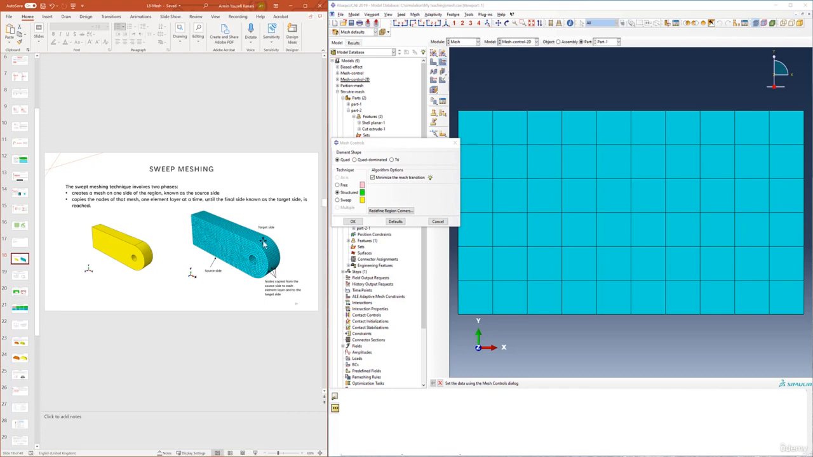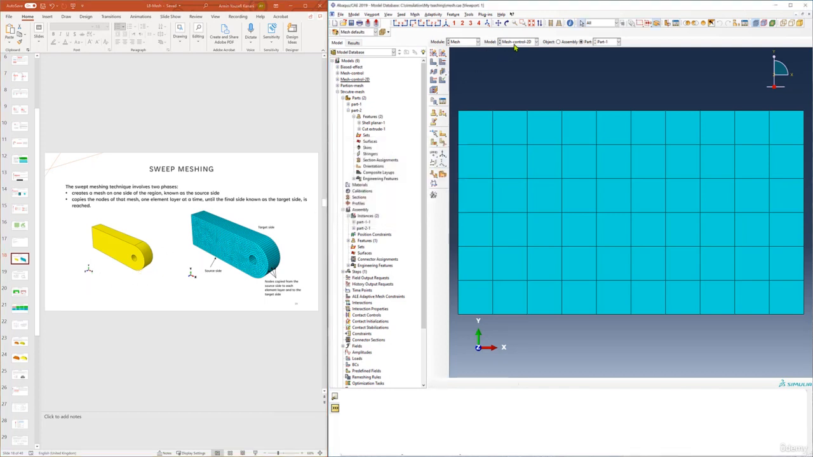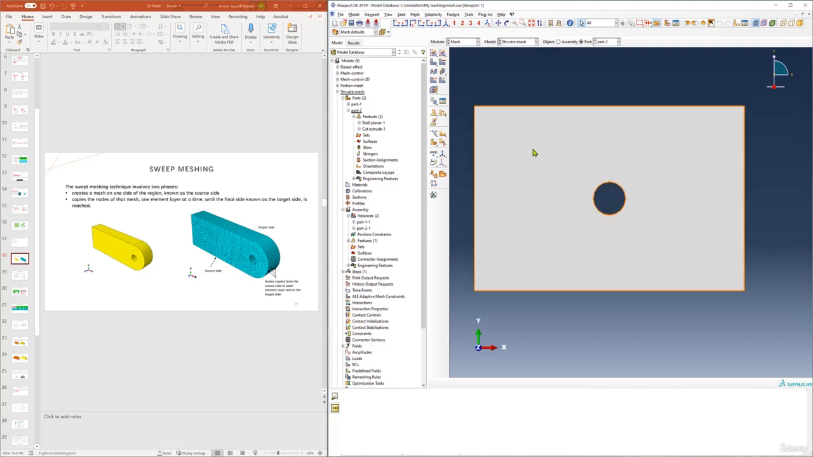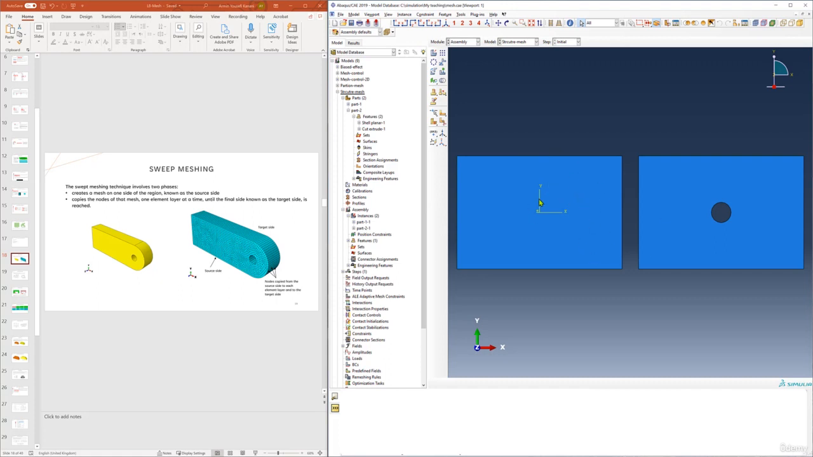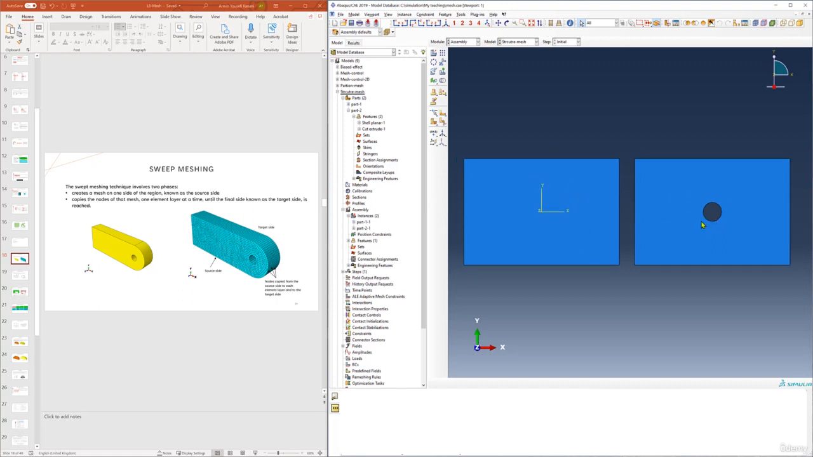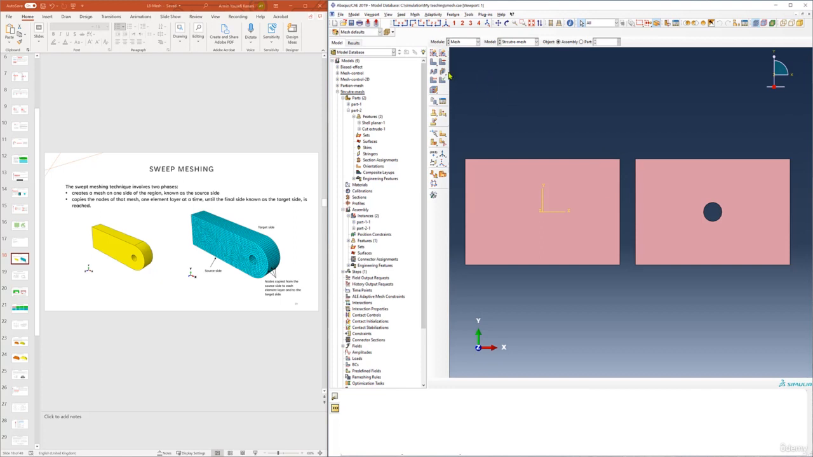Okay. So now to have more examples, I will ask you to go to structure mesh. And if you go to assembly, you'll see that we have 2 plates here. One simple plate and one with a hole inside. And if I click on mesh, you'll see that here. If I click on mesh control,